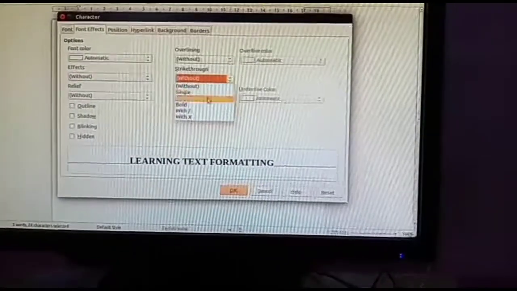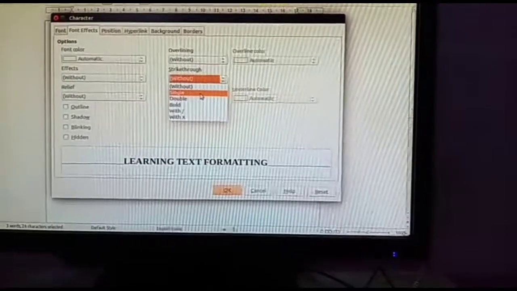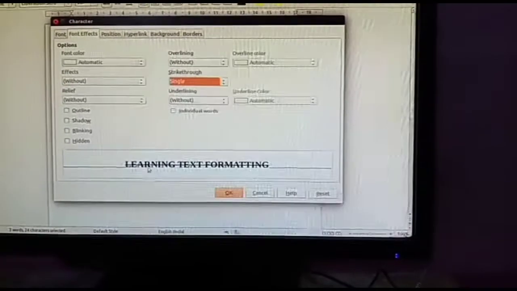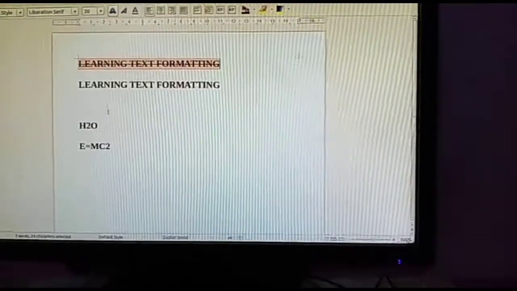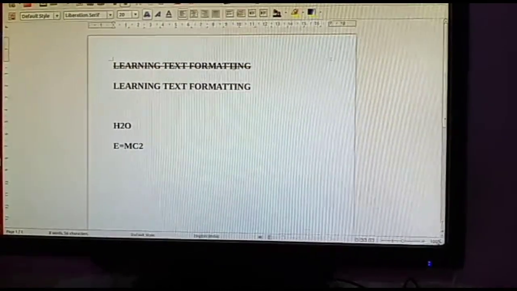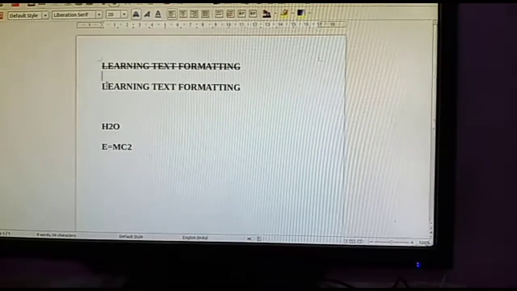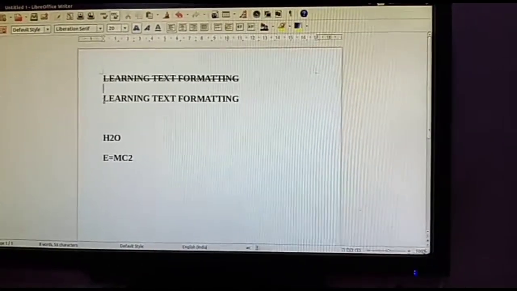Here you get many types of strikethrough effect. Now for example I am taking this single line effect. Now after selecting the single line effect, you can already see the preview of the line. Now after pressing the OK button, the already written text is changed to the strikethrough effect. Now second, now I am giving the outline effect.